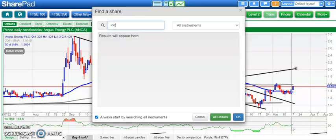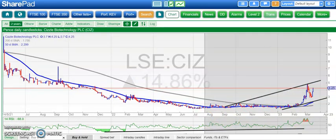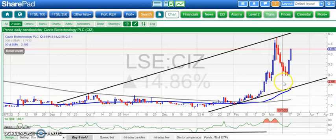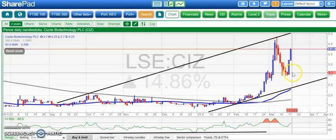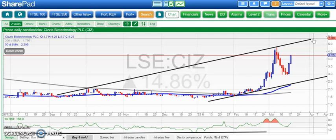One of the better stocks of the year to date, which many people have been shouting about and claiming the credit for, is Sizzle. But here we had the big breakout of neckline resistance at 2 pence, and we also had a golden cross soon after that as well. Current situation is that we're looking for a move back up to the top of the rising trend channel from back in September as high as 5.5 pence, and we should see that over the next 2 to 4 weeks,